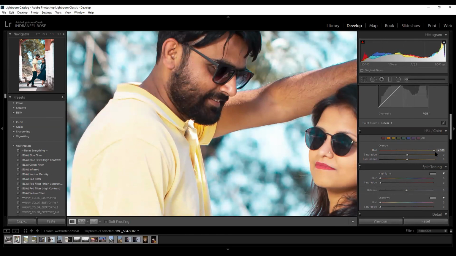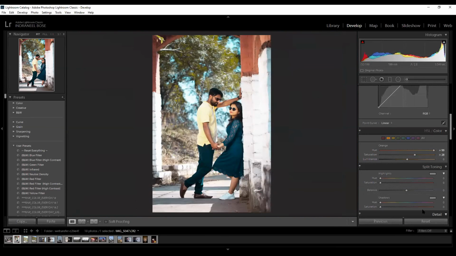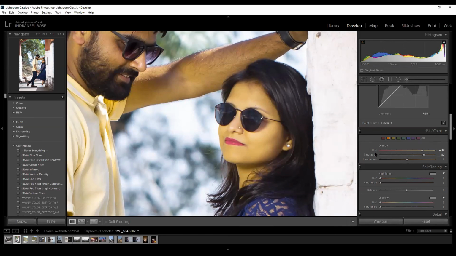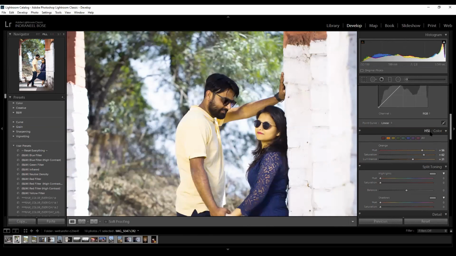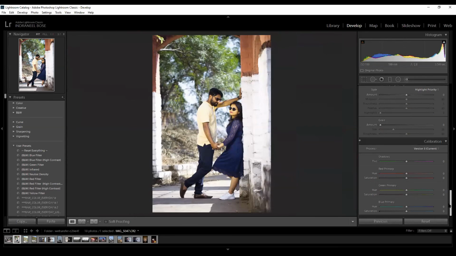Now the best way to do is, suppose if you want a shadow calibration, you just increase the yellows, the skin tones. Now you will see it's a more yellowish kind of a thing, right? Now, if we go to the calibration part, it won't affect that much as we think so.